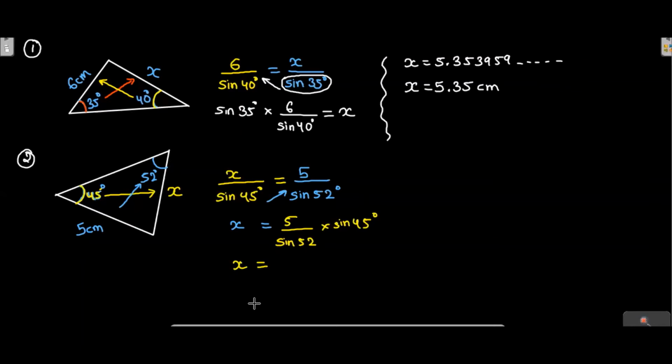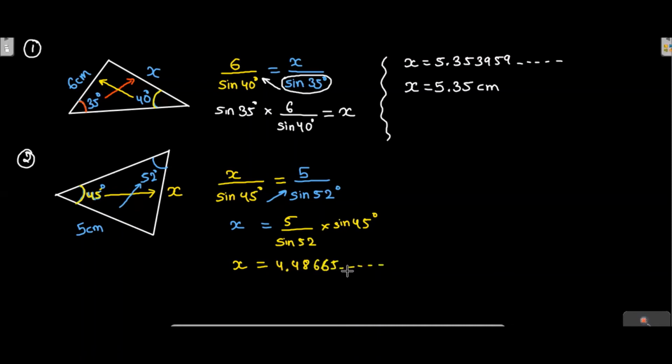Got the answer. Now press the button multiply, and then sine 45 degree. I'm getting on my calculator 4.48665 dot dot dot. Okay,